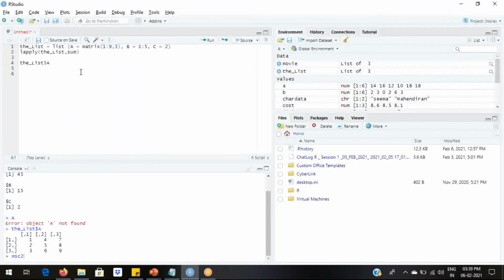We can try applying any other function to the list displayed on the screen. Let me try some other function.